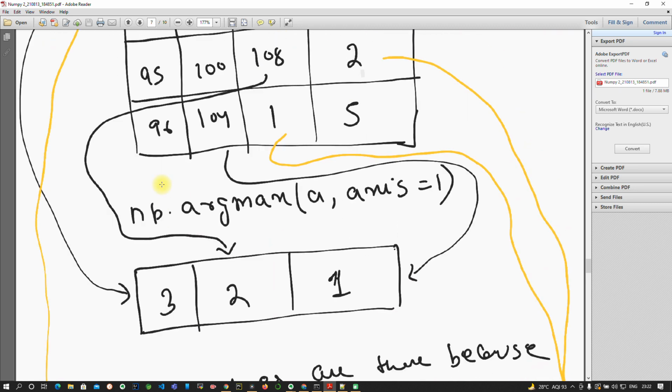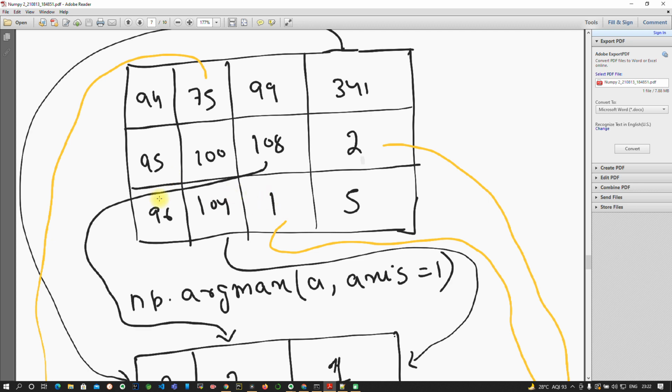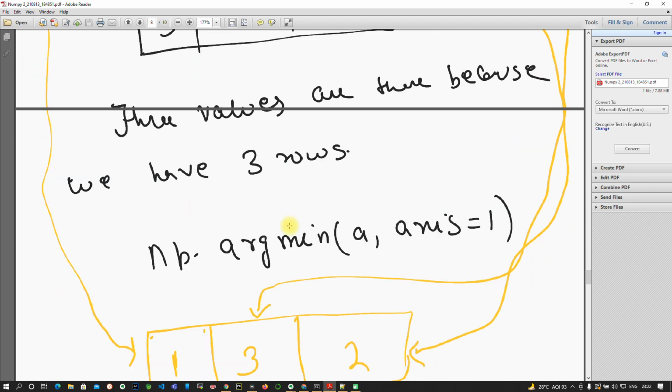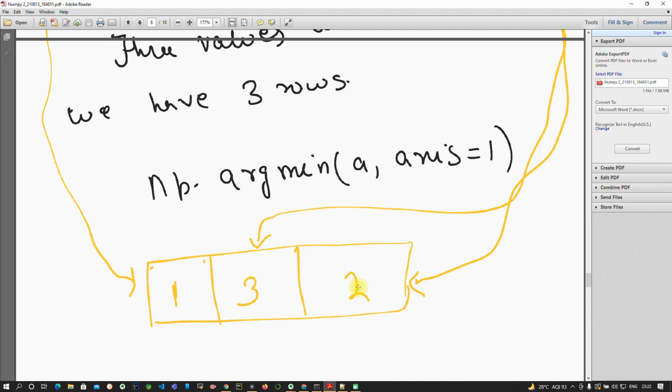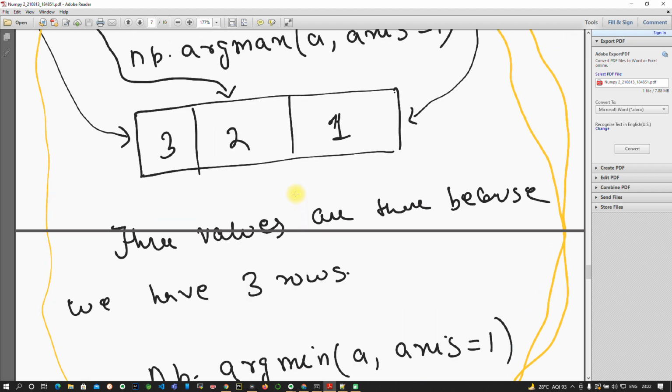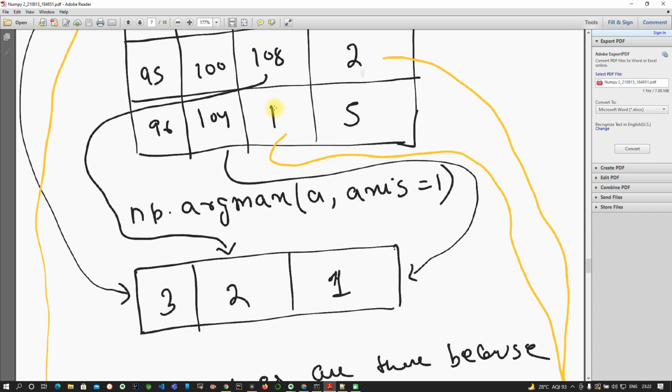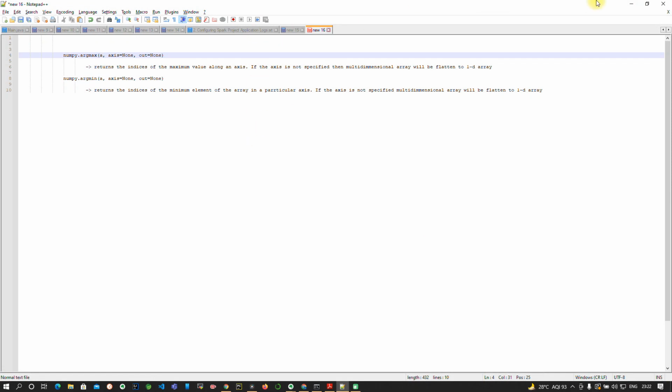In the third row 1 is the minimum element, so 0 1 2, 2 is the index of 1. So this is all about argmin and argmax. Let's code this and understand.